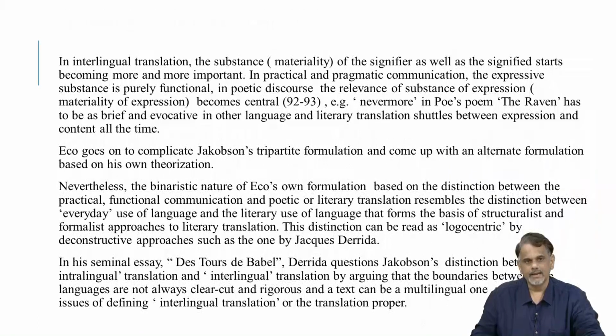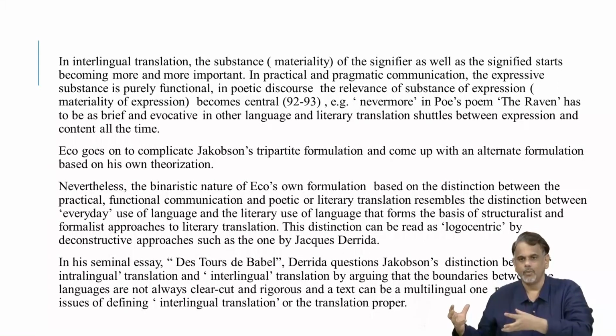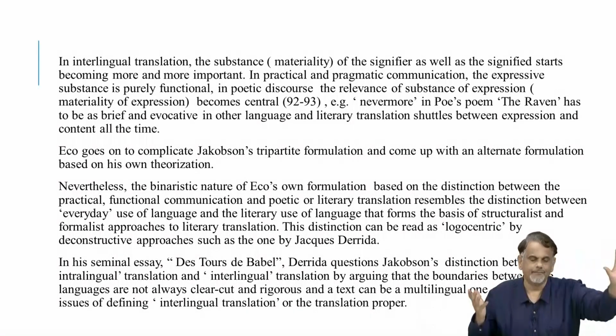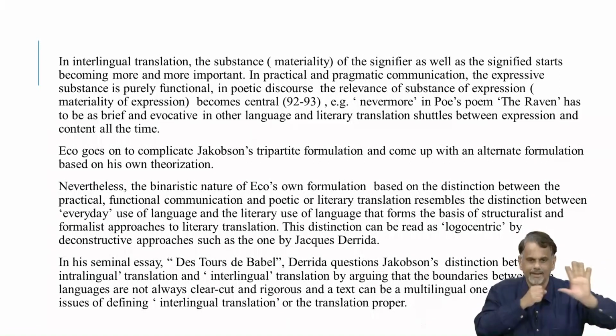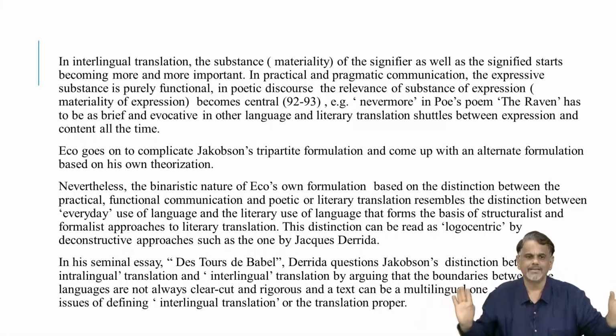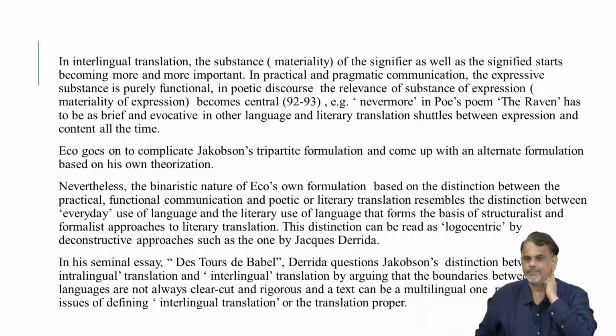But even then he seems to be continuing the idea that is at the heart of the formalist structuralist approach to literary translation, and this idea is that literary or poetic language is completely different from everyday language. This formalist assumption is something that is also there in Eco's theory of translation. So, now this kind of binarism is something that is questioned by post-structuralist philosophers like Jacques Derrida,